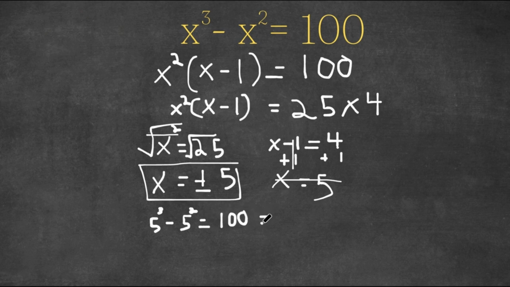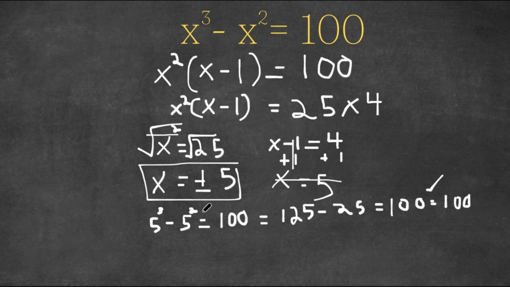Now, this would equal, well, 5 to the power of 3 is 125, and minus 5 squared is 25, and 125 minus 25 is 100. So 100 equals 100,